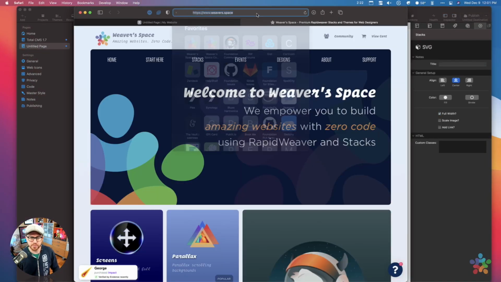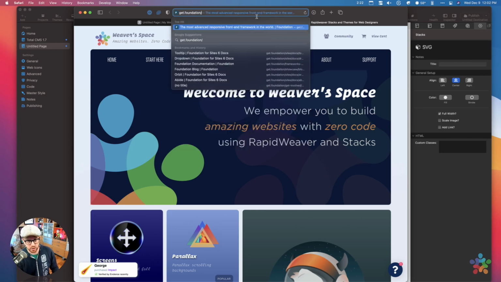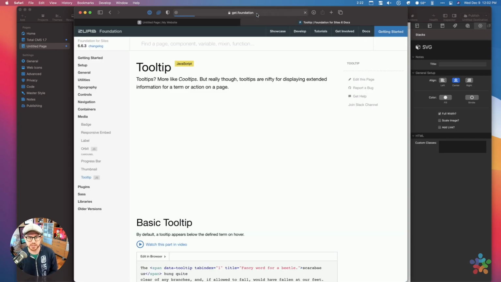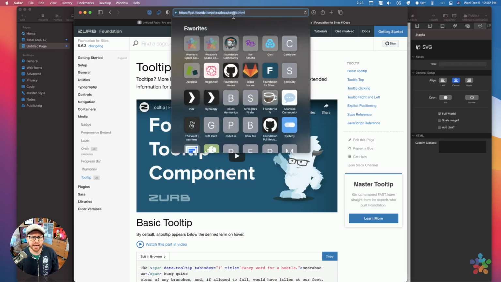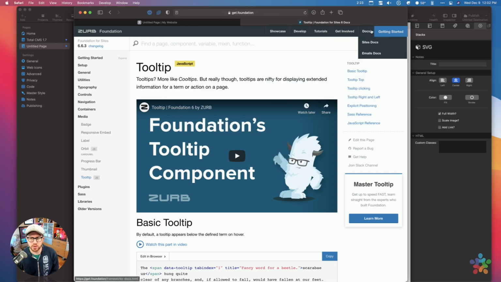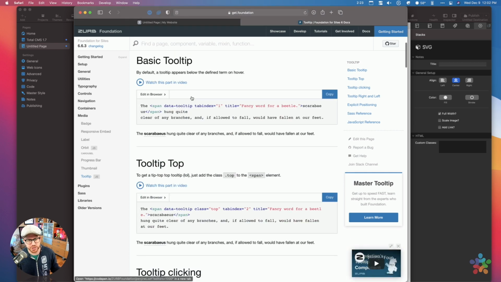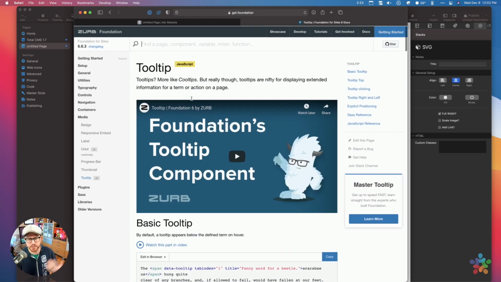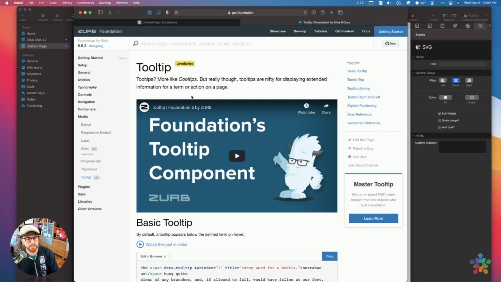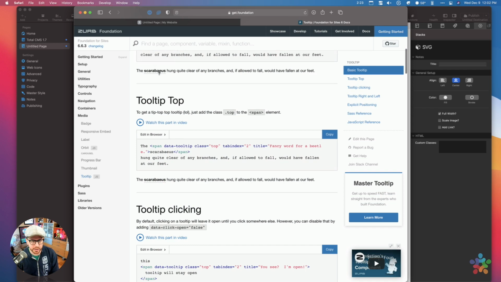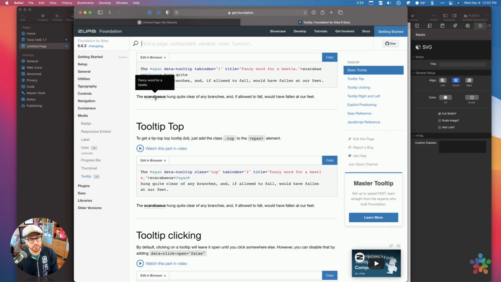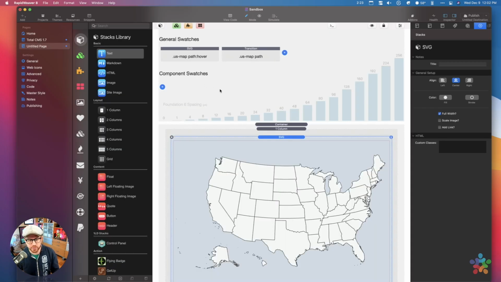Okay. So in order to do this, actually, I'm going to go over to the Foundation 6 open source docs. Okay. So these are at get.foundation. And then you can go up to the docs menu and go to sites docs. And here's all the raw documentation for all of the code that's behind the Foundation 6 stacks, right? And so Foundation 6 has tooltips. So like right here, if we hover over this, we'll see that we have a tooltip, right? And I do have those documented here as well. So if you go into